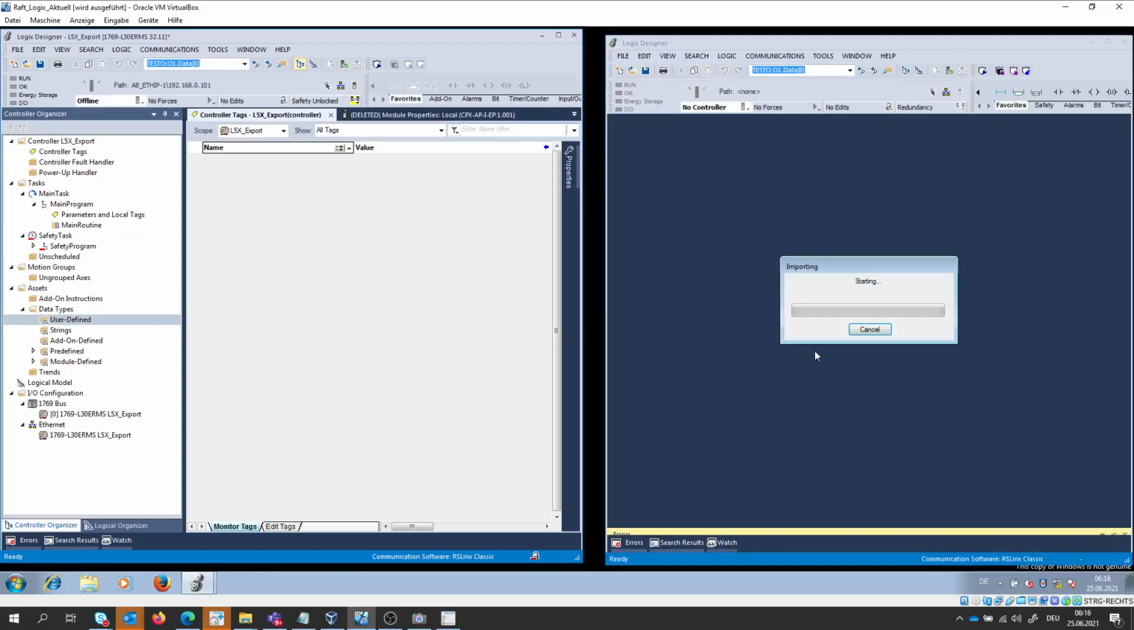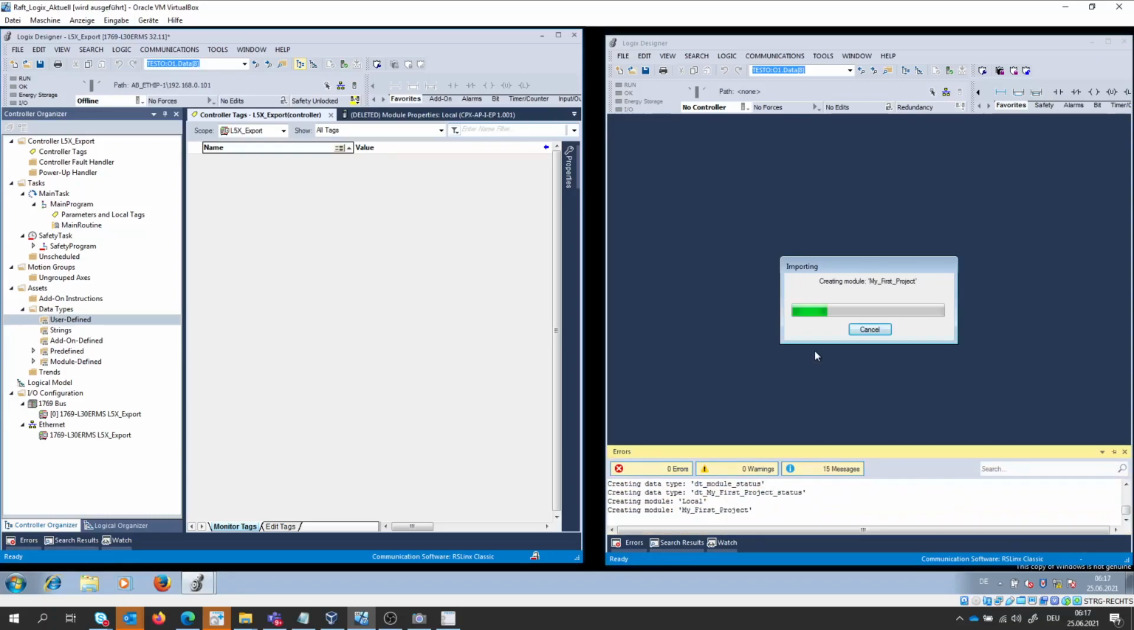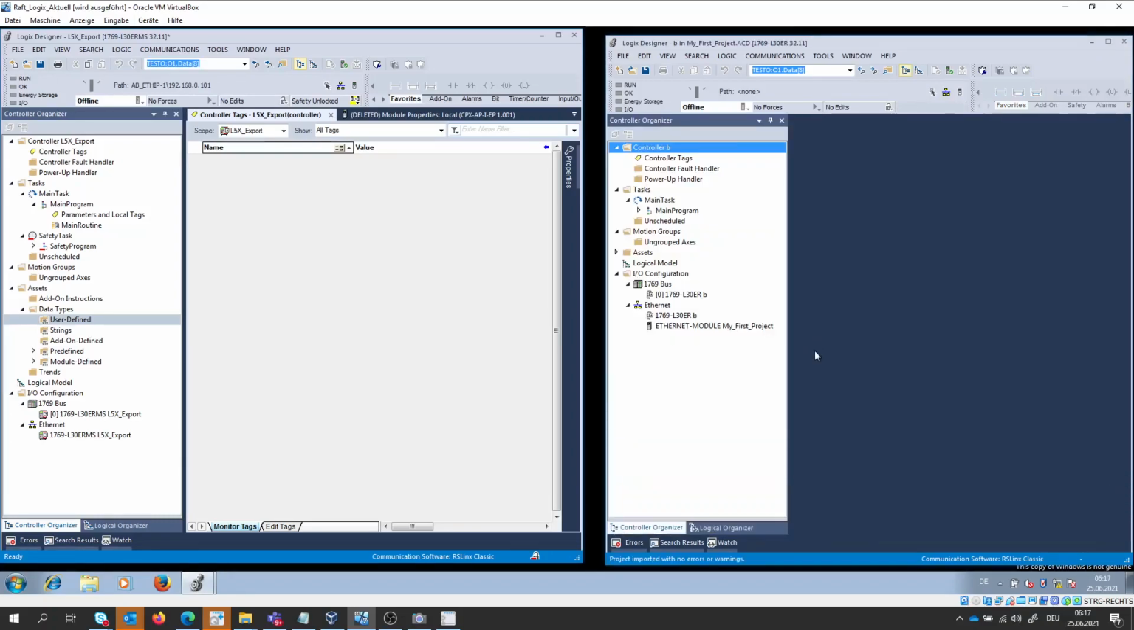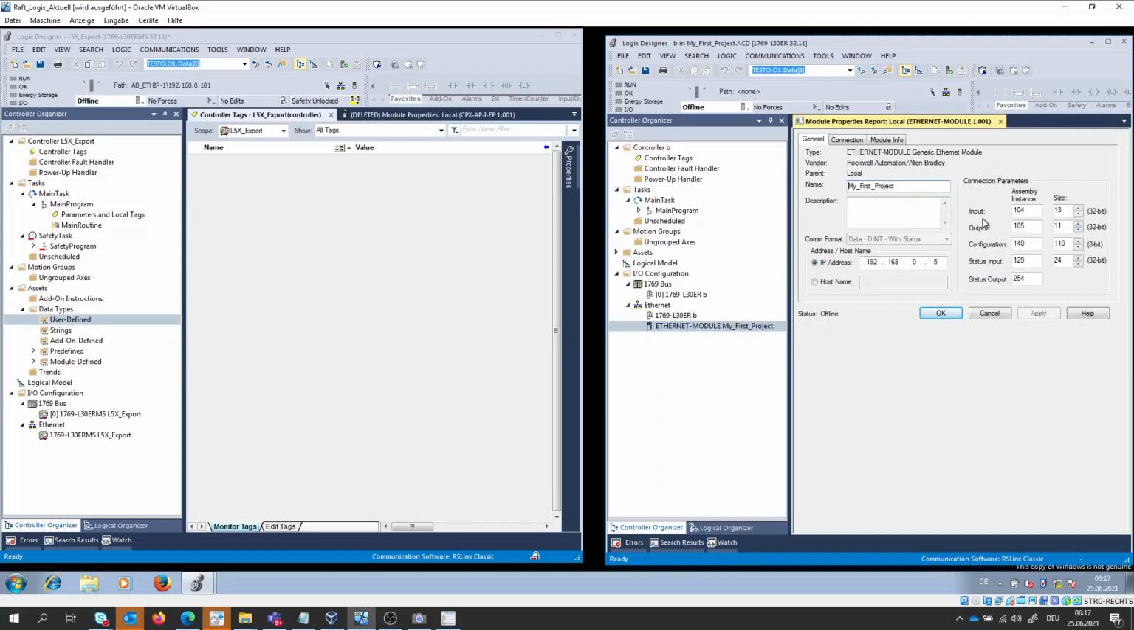Okay, now Logix is starting to import my project and is opening it in the second instance. And what do we get by this L5X export? The first thing we are getting is the generic Ethernet module, and if I'm opening this, you see here everything is defined already. We are using the right assembly instances, we have the status, we have the configuration with the right size, etc. It means I as a user do not have to take care of how to fill out these sizes